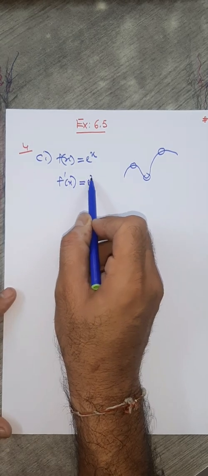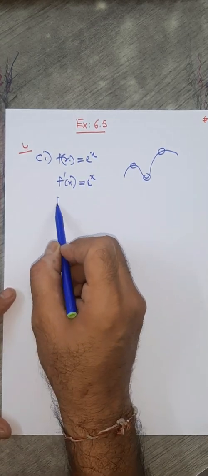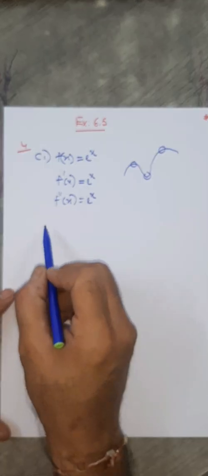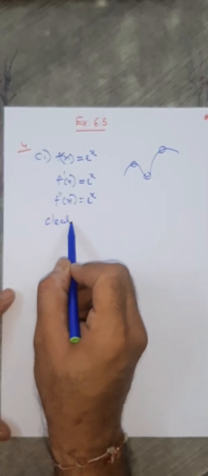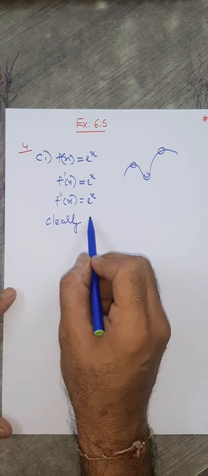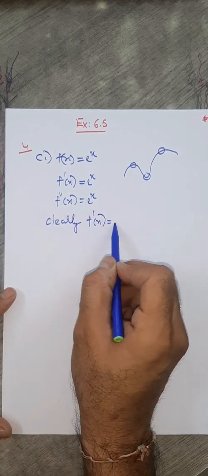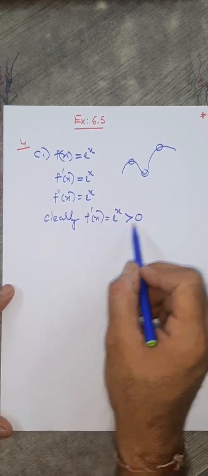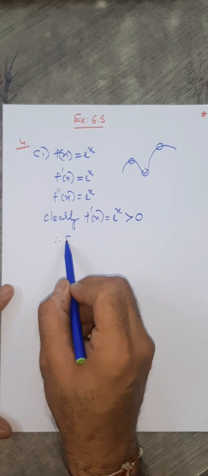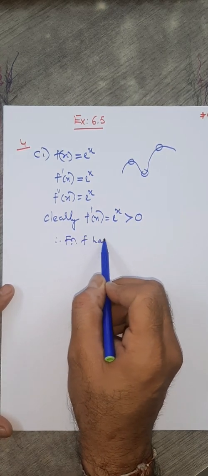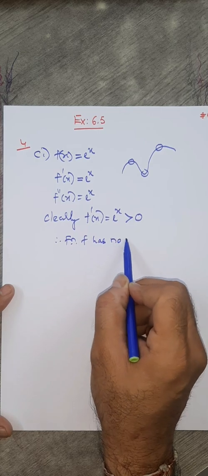What is f dash x? e raised to x. What is f double dash x? Again e raised to x. Now clearly f dash x equals e raised to x, which is always positive. You know this can never be 0. Therefore function f has no maxima